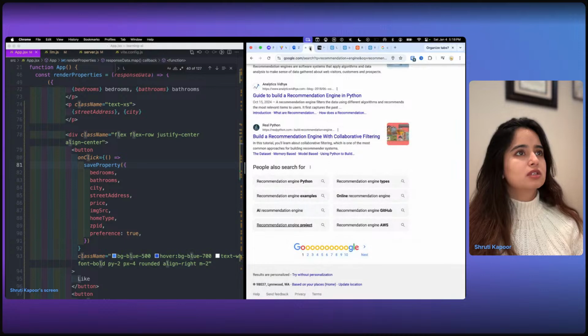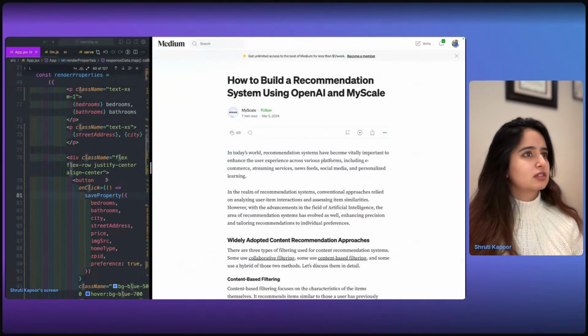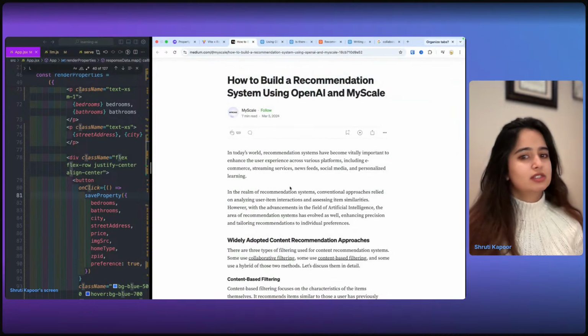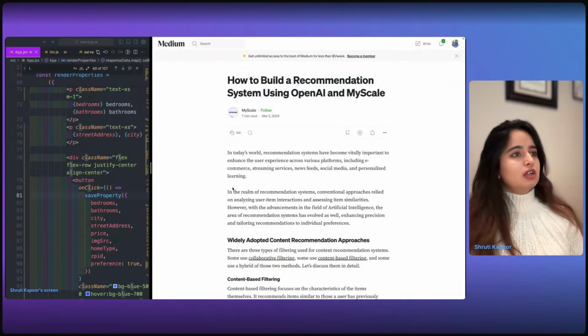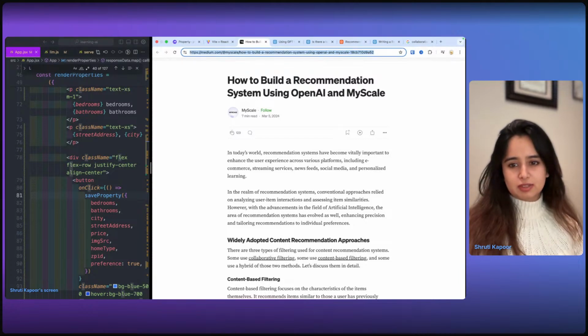Meanwhile, I will close this and close this and close this. Okay, let's read this article. I'm going to share this in case you're interested in reading it yourself as well.